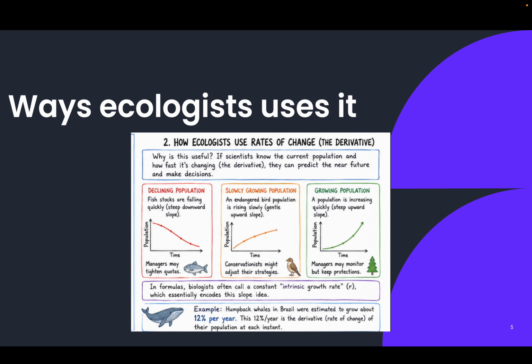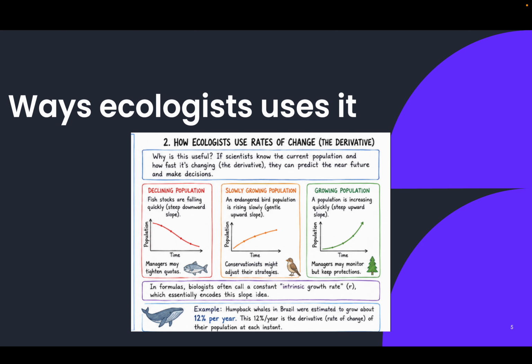On to this part, how is ecology used? And so we might be asking, why is it useful? If scientists know the current population and how fast it's changing, aka the derivative, they can predict the near future and make decisions. For example, if fish stocks are falling quickly, a steep decline, managers or fishing companies might tighten the quotas. And if an endangered population is rising slowly,